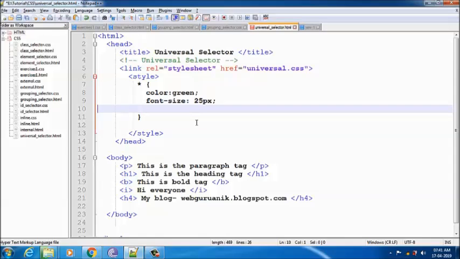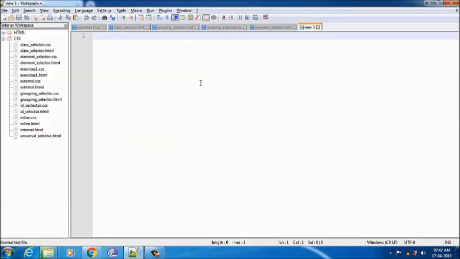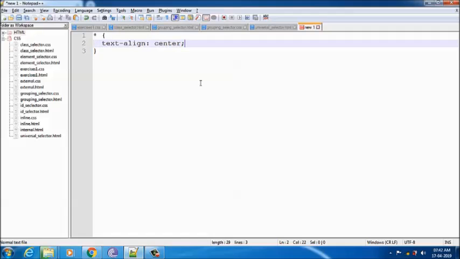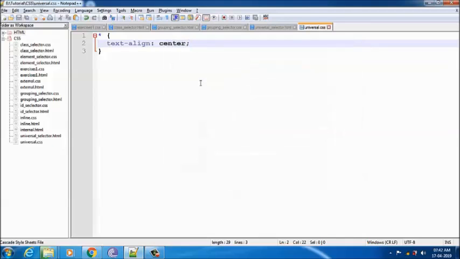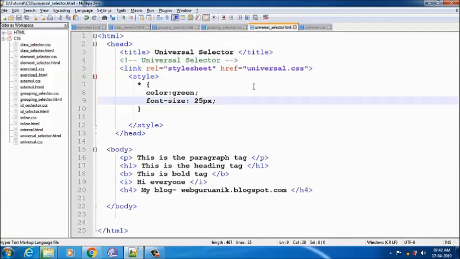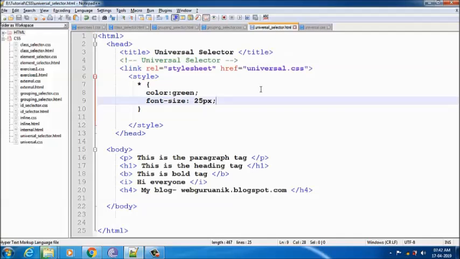align center should be included in the external CSS. Okay, so what I'll do, I'll use the same star and here I'll include, अब मैं यहाँ पे text align center दे रहा हूँ। अब मैं इसका नाम सेम रख देता हूँ, तो फिर इजीली जो मैंने वहाँ पे लिखा था सेम नेम होगा। तो आप लोग देख सकते हो यहाँ पे कि जो मैंने एक्सटर्नल सीएसएस में लिखा था यूनिवर्सल डॉट सीएसएस, मैं वही फाइल से वही नेम से सेव किया, यूनिवर्सल डॉट सीएसएस। I have saved the file with the same name that I have